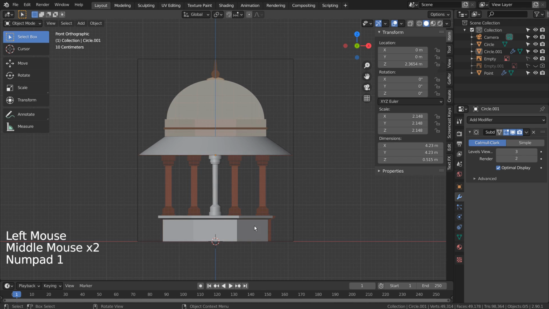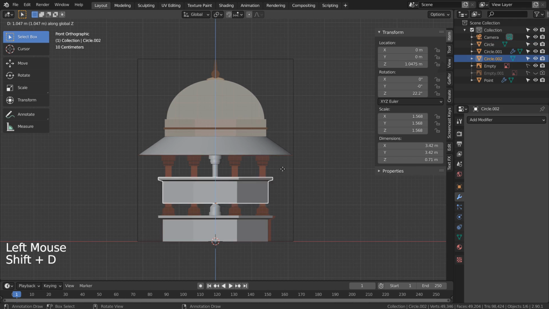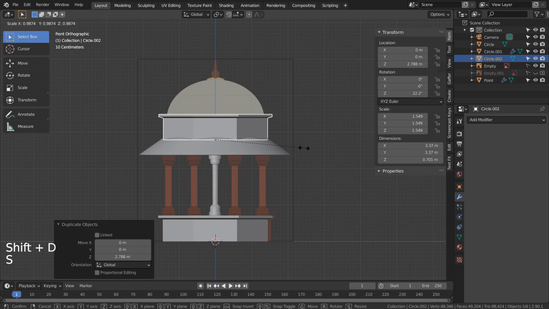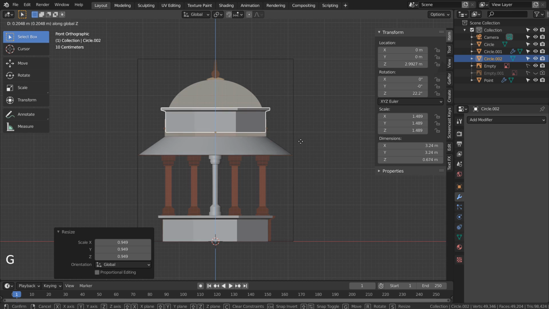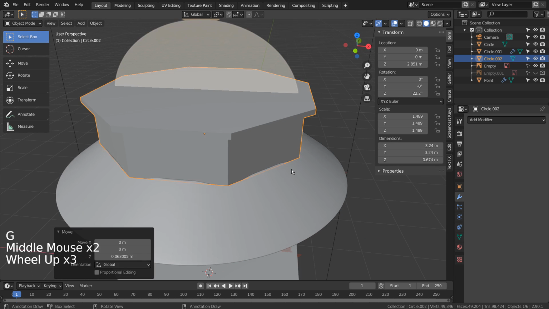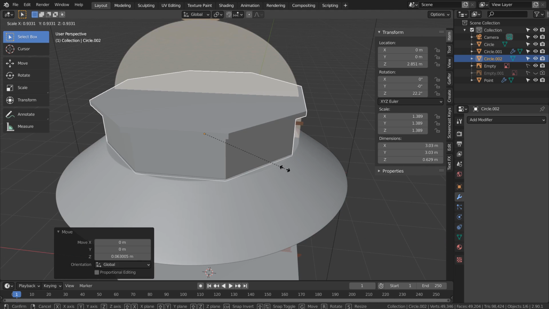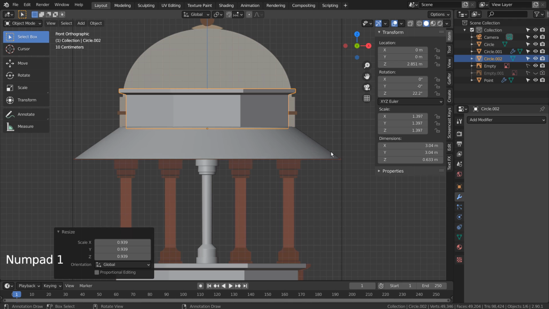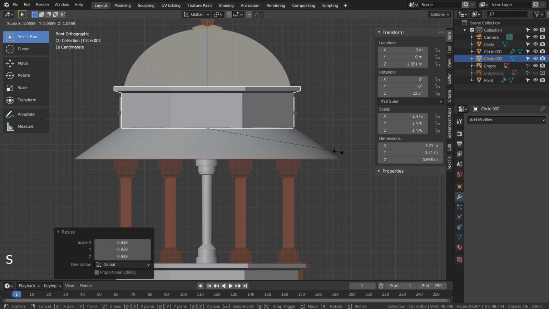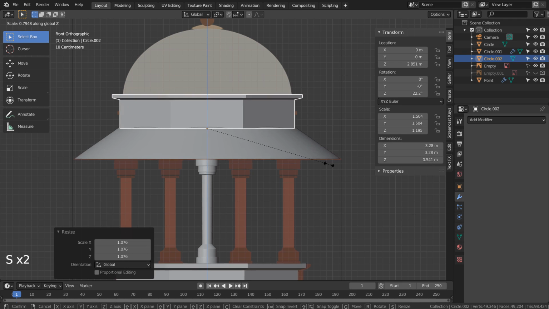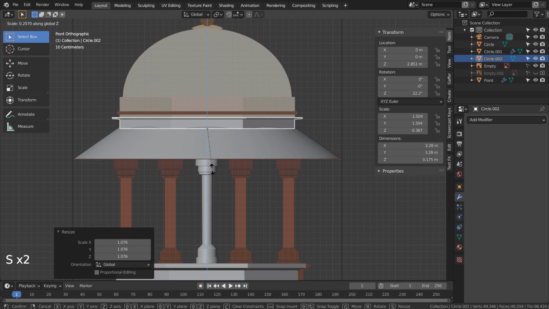Let's select the bottom mesh, press Shift-D to duplicate, and move it upward like this. S and Z to scale in the Z-axis.